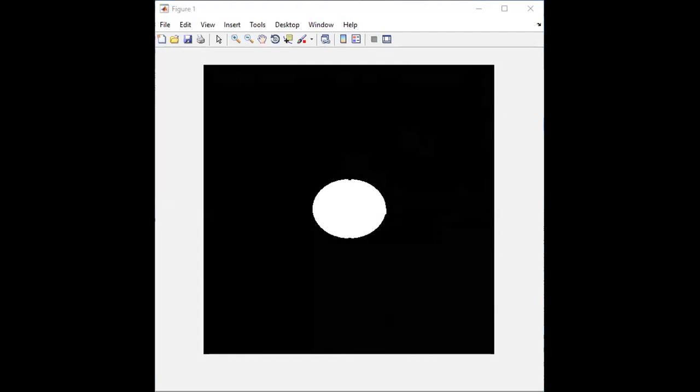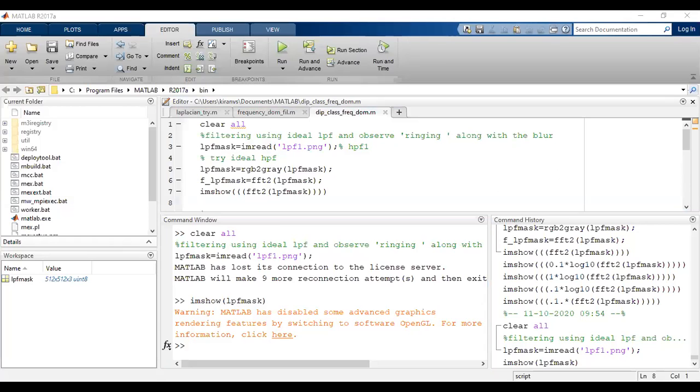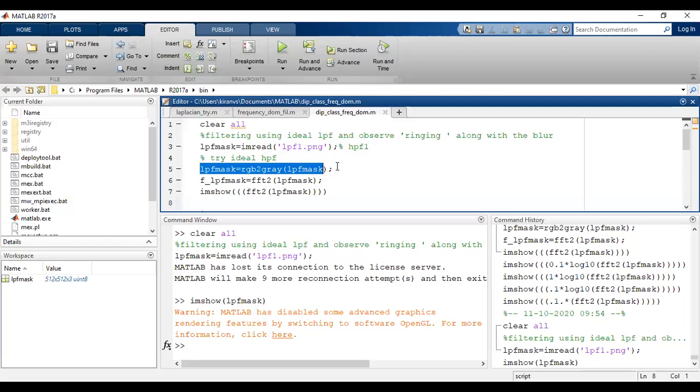Now let us see what sort of manipulations we want to do. How does this mask typically look? Whenever you create something in Paint, it will be a color BMP, so you have to convert it from RGB to grayscale. RGB to grayscale. And let me show you how the